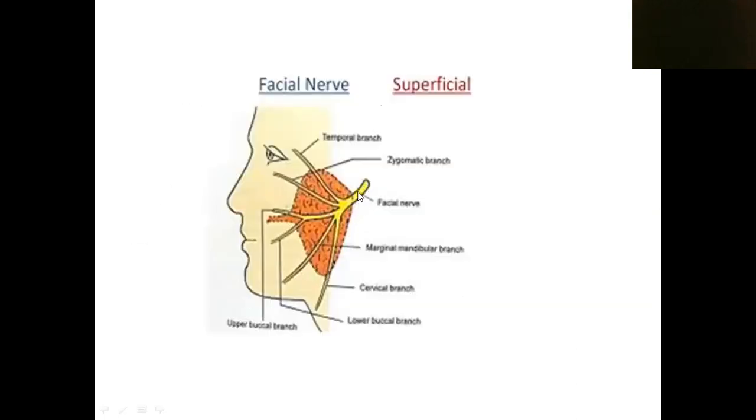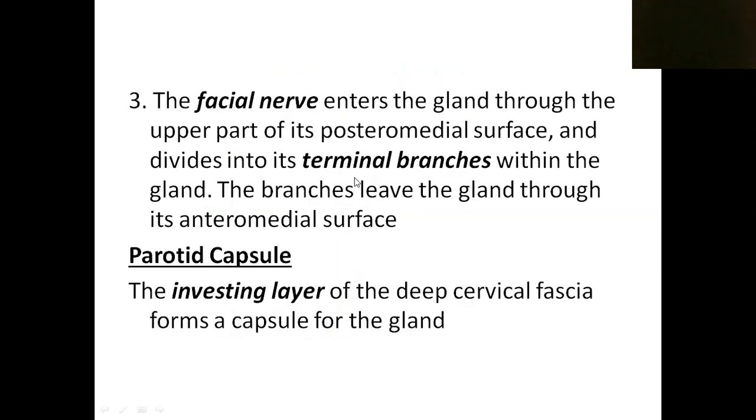Then I already told you one nerve is there, the deepest structure. Okay, this is the nerve. This is the facial nerve. That facial nerve gives 5 terminal branches. What are the 5 terminal branches? Temporal branch, zygomatic branch, buccal branch, marginal mandibular branch. Then the last branch, which enters the neck region, is the cervical branch. So towards the temporal bone, temporal branch. Towards the zygomatic bone, zygomatic branch. Then buccal branch towards the cheek. Then marginal mandibular. And the last one is the cervical. So inside the parotid gland, we can see this facial nerve and its 5 terminal branches.